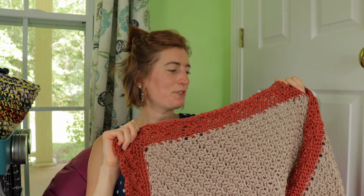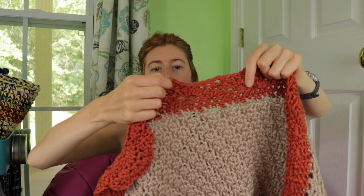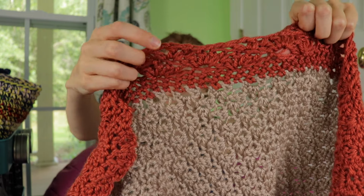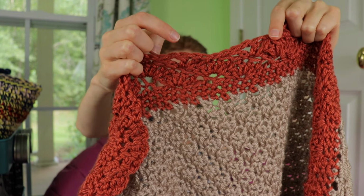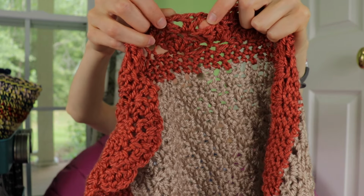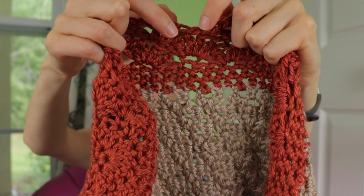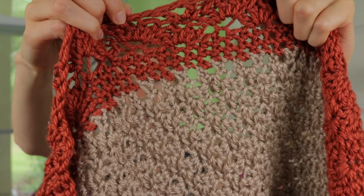However, after I did that for 2 rounds, I did not have enough to do a 3rd round of that, so I had to do something a little more open and airy for my final round of this border. So what I did was I kept working a kind of shell pattern, but I did it more open. So I did double crochet, chain 1, double crochet, chain 1, double crochet, worked a slip stitch in the middle